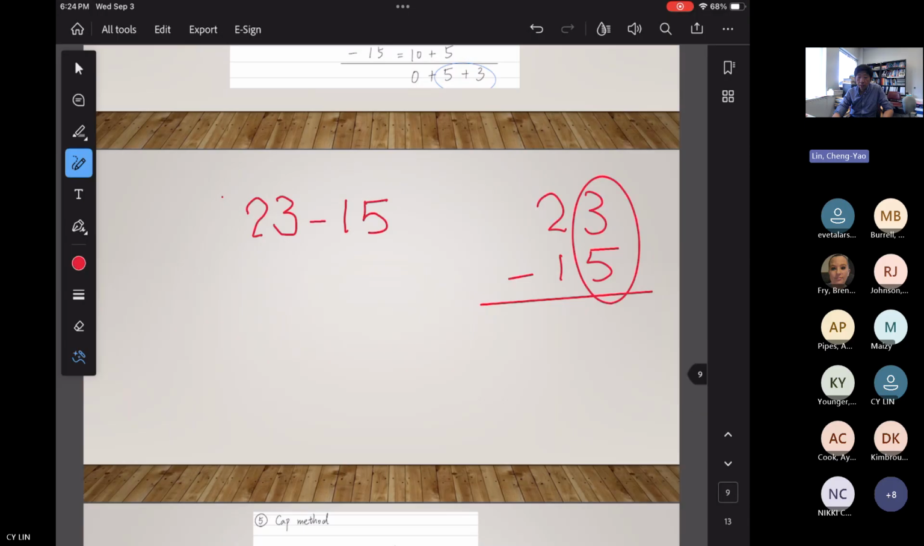So 23, I want to decompose 23 as one number and one number together. 15 and 8. Very good. So 15 and 8. Look, I have enough, right? So therefore, 15 plus 8 minus 15. Oh, I have enough to pay for